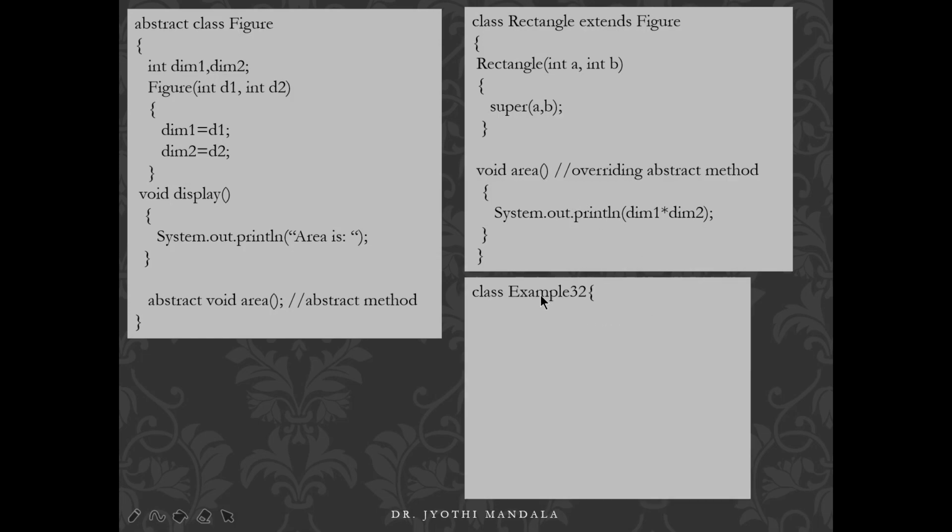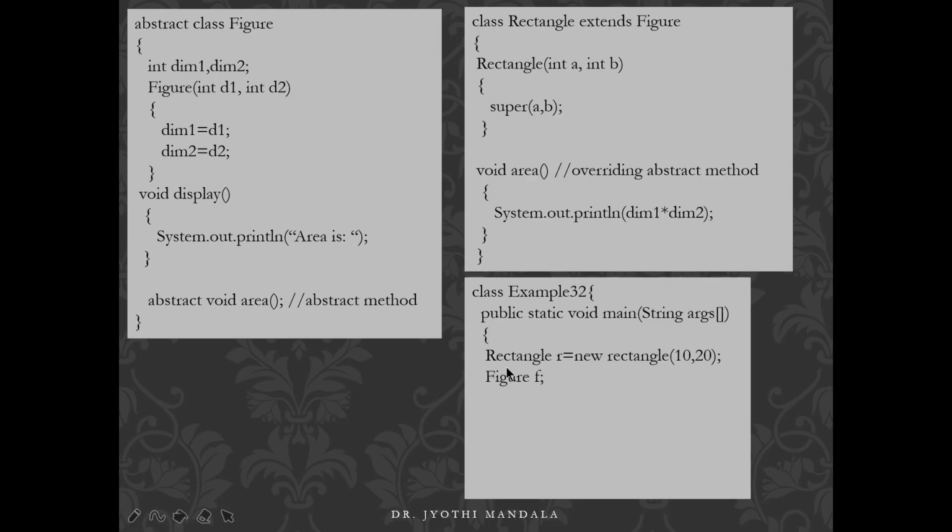Now I am creating my main class where the main method is there. Now I am creating an object of this Rectangle. r is the object. I am passing two parameters, and the constructor will be called at the time of object creation. You all know about super, because we learned already about the super keyword. That means we are calling the superclass constructor. These two variables are now initialized with 10 and 20 respectively.